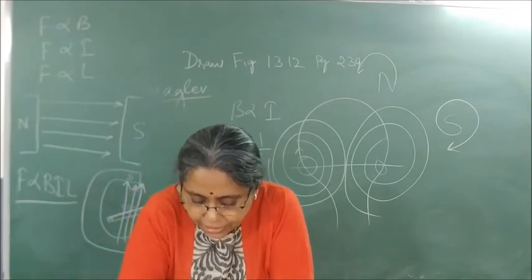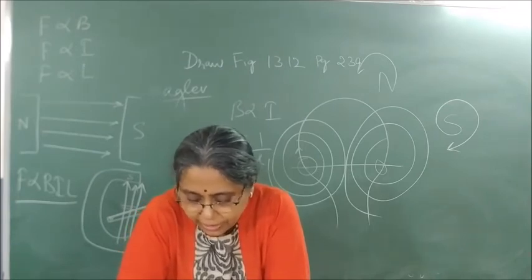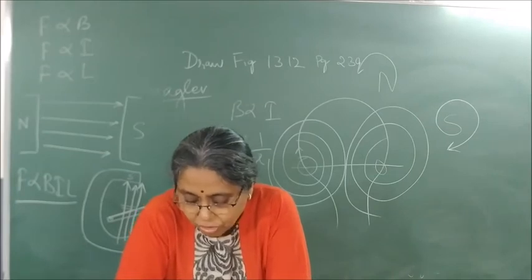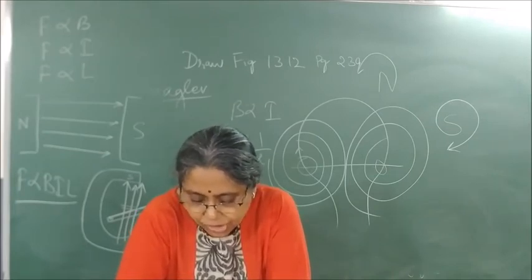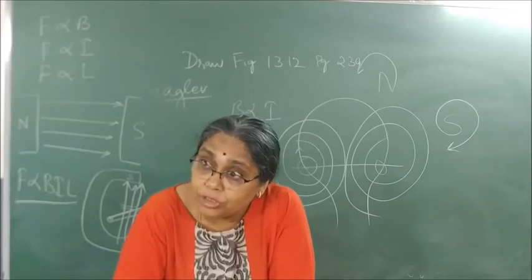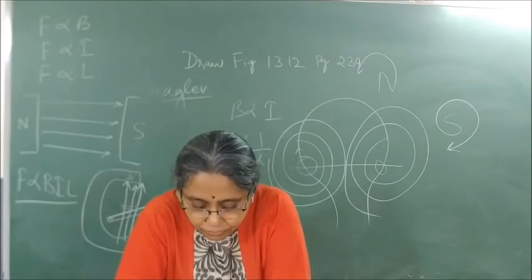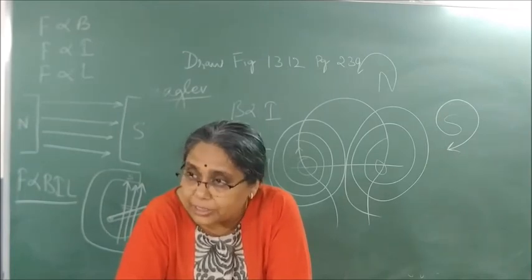Take a small aluminium rod AB about 5 cm. Using 2 connecting wires, suspend it horizontally from a stand. Place a strong horseshoe magnet in such a way that the rod lies between the 2 poles with the magnetic field directed upward. That is, the south pole is on the top and the north pole below. For this, put the north pole of the magnet vertically below and the south pole vertically above the aluminium rod.